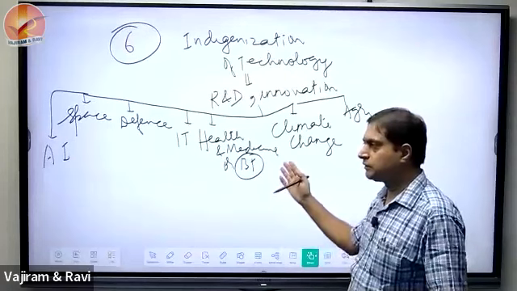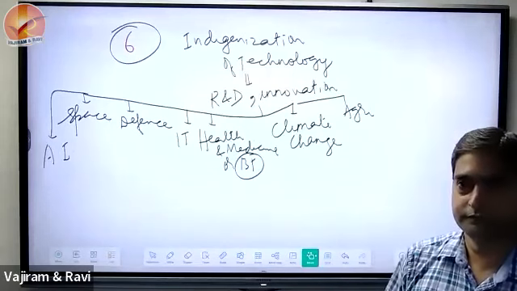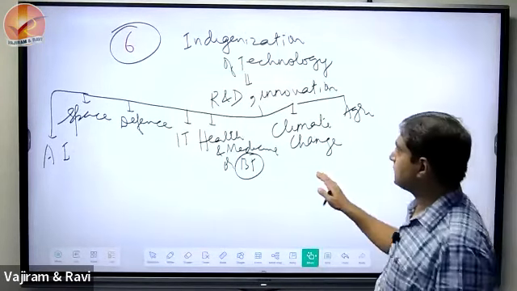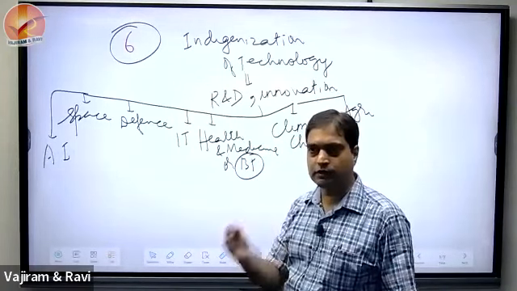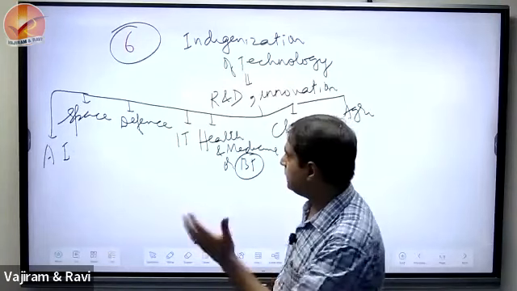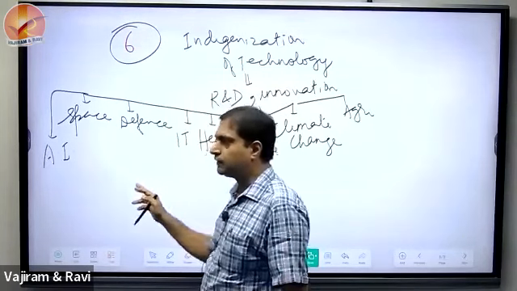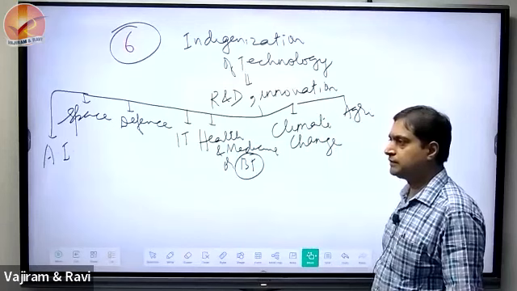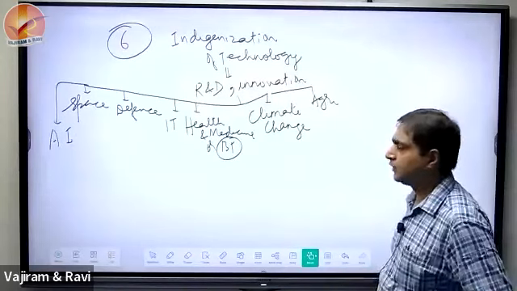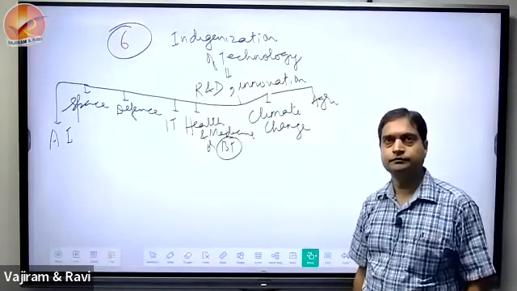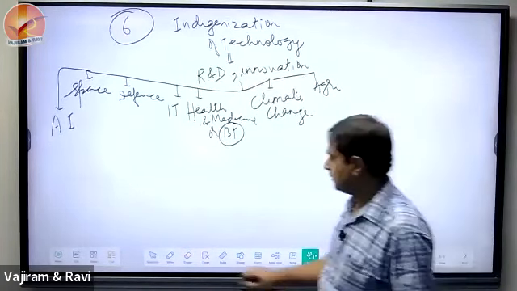Is it clear? So this is completely dynamic and related to the current affairs. So what we discuss here, the principle of indigenization or Atmanirbhar Bharat, is a special focus of the government of India. So how India is innovating in the field of artificial intelligence, in the field of space technology, in the field of defense, agriculture, in the field of climate change, isn't it? Or in the field of vaccines. So that is the 6th one. And the 7th one is